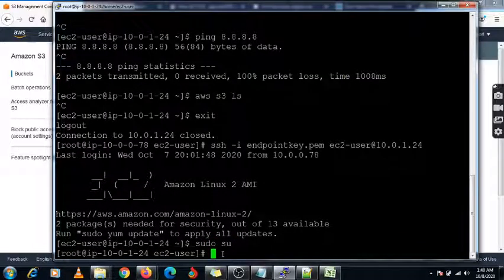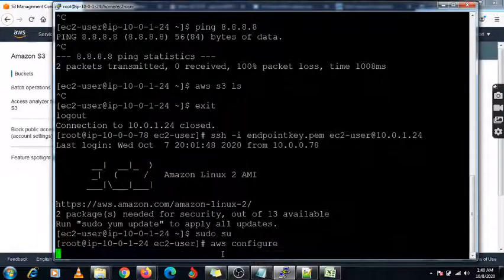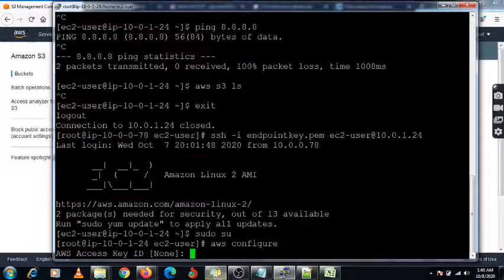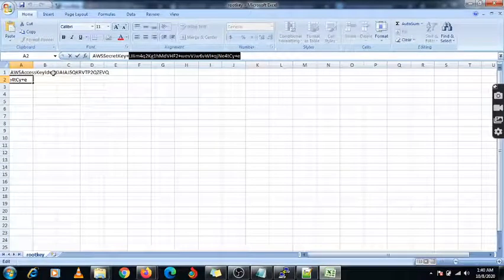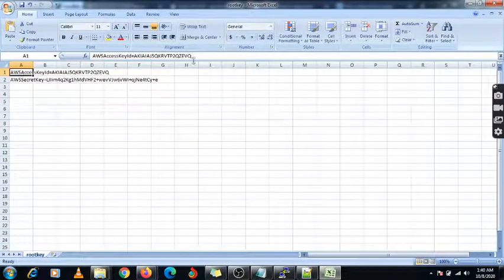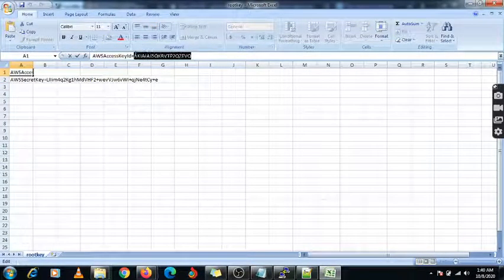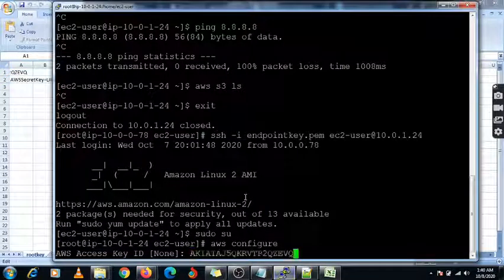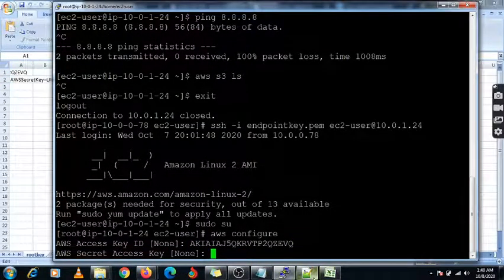I need to go inside the root credentials and check aws configure, and here I need to use my key which I have downloaded. It might be due to the user, because I had not specified the root user, so that problem may occur.